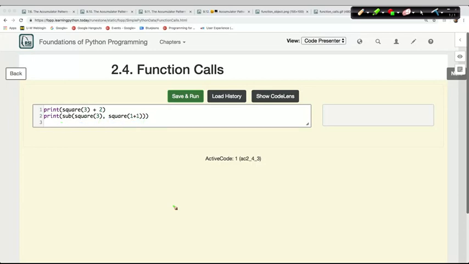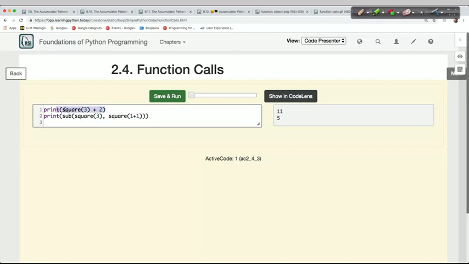So when Python computes this, it's going to first compute the value of square 1 plus 1, or 2. So it's going to compute the value of square 2, and that's going to give us 4. It's going to compute the value of square 3, and that's going to give us 9. And then it's going to compute the value of sub when called on 9 and 4, and that's going to give us 5. So if I run my code, you'll see that we get 11 from line 1 and 5